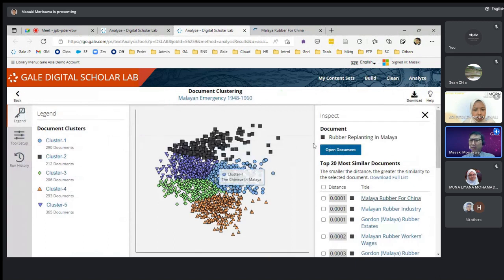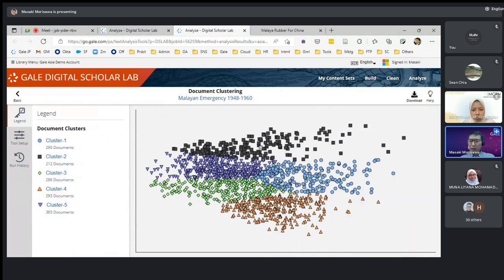And you can look at other clusters within this document. Oops, to close this. And here you can scroll your mouse around, and there's a lot of documents on terrorism over here, for instance, or maybe you might move around here, and there are more documents around military measures and political issues and so forth. And this is the way you can look at a really bird's eye view of your content set. I might go back to the analyses page